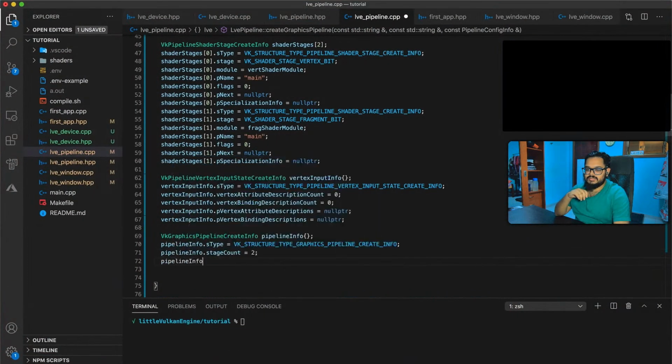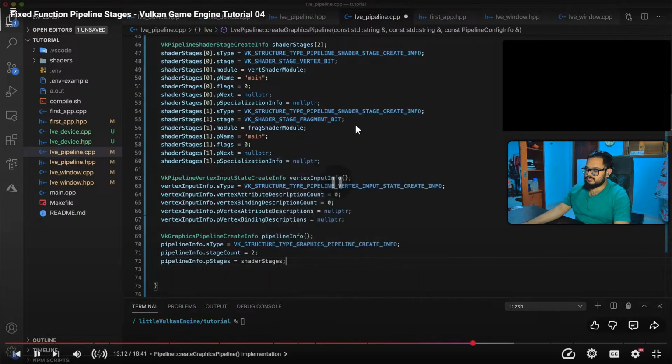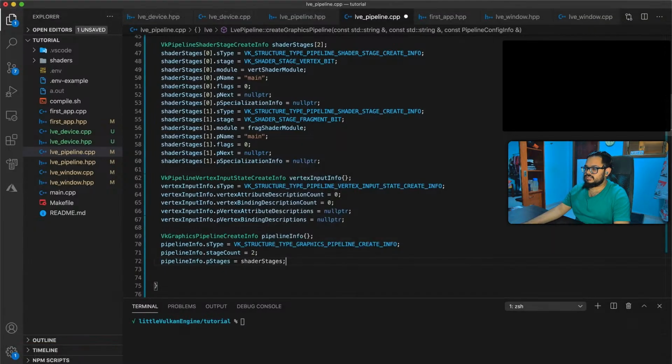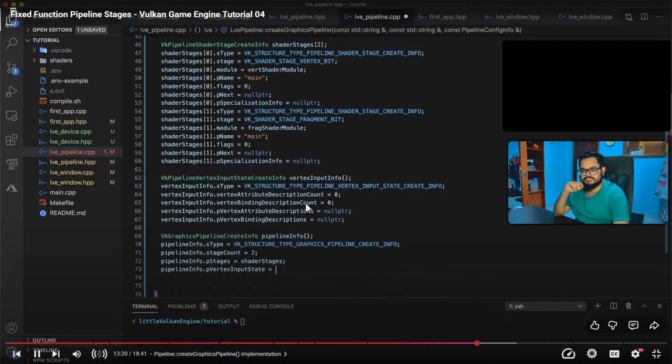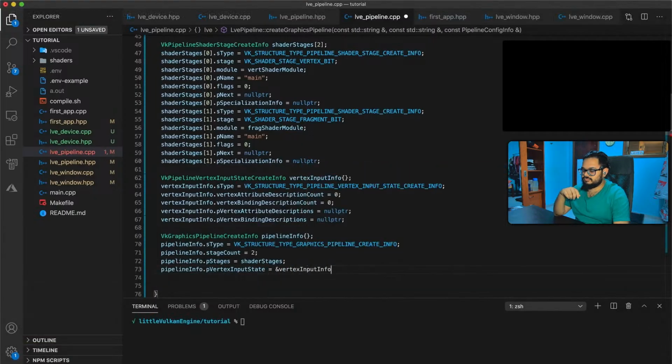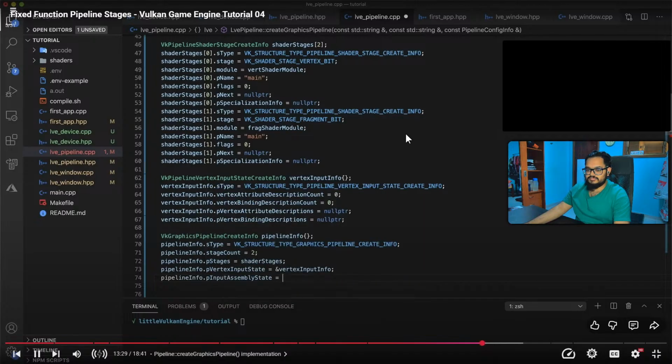The stage count specifies how many programmable stages our pipeline will use. So in our case, for now, we just have the vertex and fragment shader stages. Next, we need to wire up our vertex input create info to our config info. This is a bit tedious, but because we've separated our configuration from our pipeline creation, we should only have to do this once, and then can use this code whenever we want to create different pipelines in the future. So go through and